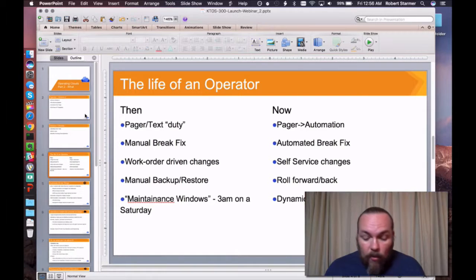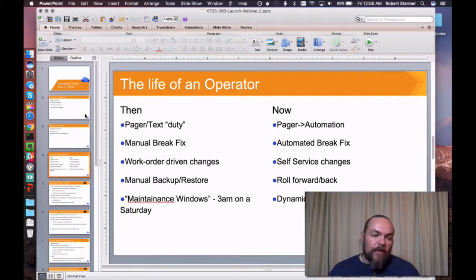We've also seen the world of work order driven changes. These are things that often end up with maintenance windows, but also have a very slow life cycle. When something needs to change, you get a work order, and days later, finally, the change occurs. This was the past. This was how things used to be. And the worst of that was, of course, the backup and restore world, where if you needed to restore something, often you had to put in a request to an offsite tape backup environment to try to get some tapes back, which 9 times out of 10 were unreadable. So just an awful sort of space to live in, which was very slow, very painful.